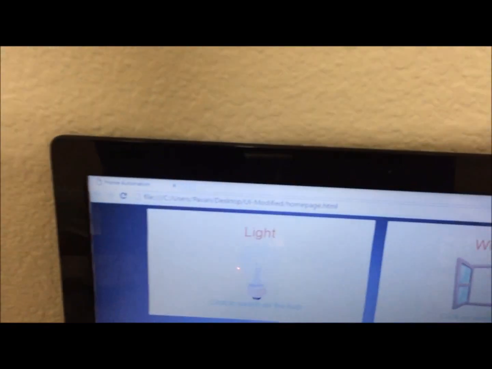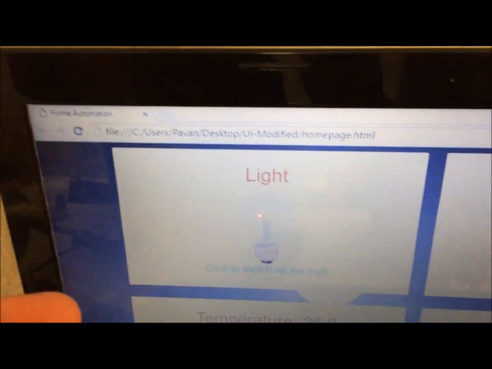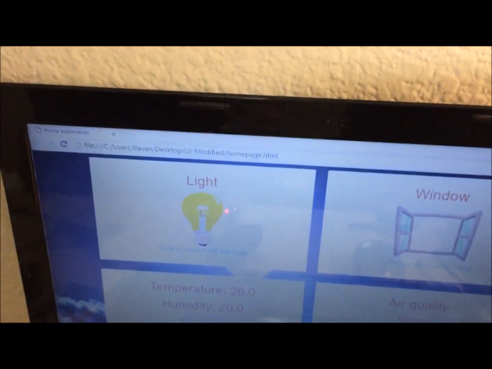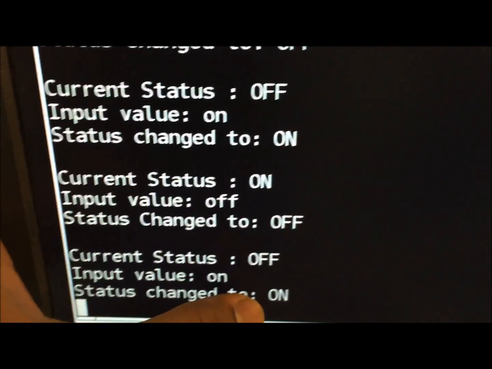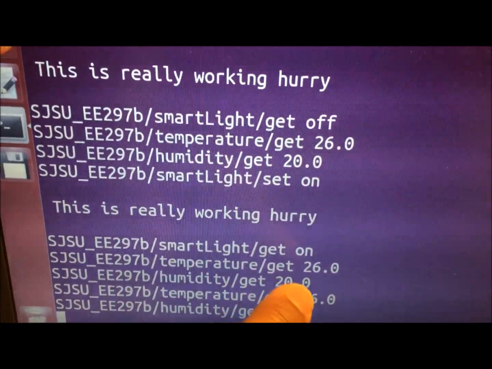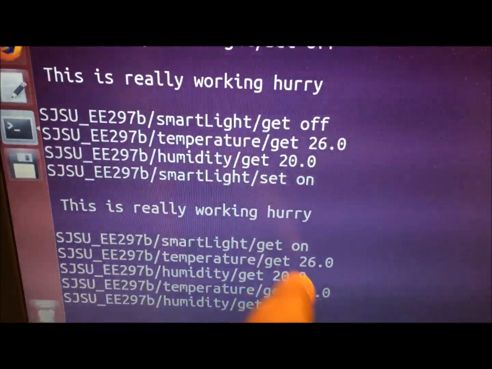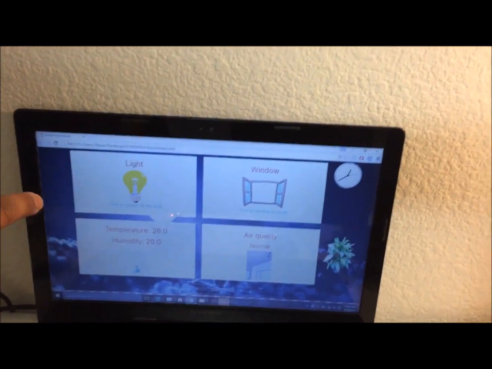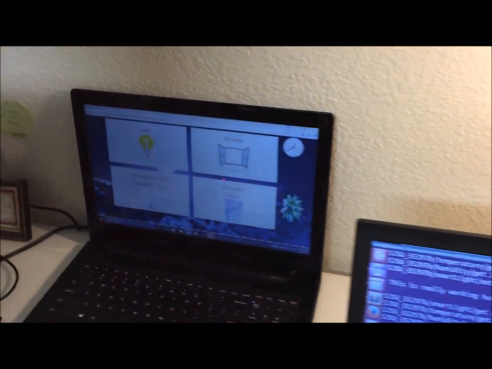So how this works is, when I trigger a switch on message here, the server generates a switch on message and changes the status to on, and this will send a switch on message to the interoperable server, and the interoperable server sends that message back to the user interface, and thus it updates. And the same thing happens when I switch it off.